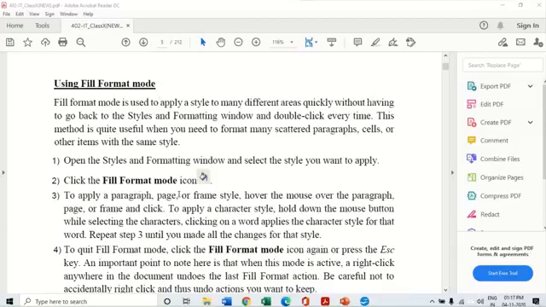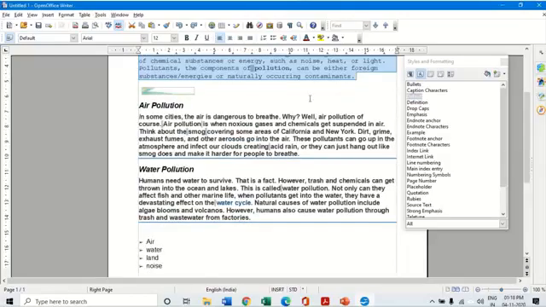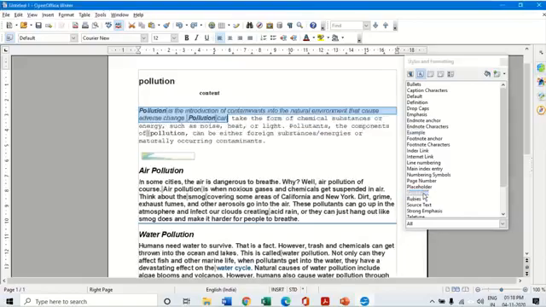Now here, to apply a paragraph style, you have to simply hover over this fill format mode, be in the fill format mode, and you can copy the same format across to different parts of your text. Now let us see how to do that here. Here I have got a paragraph. We had already done some formatting in the paragraph style here. Now here I selected this paragraph, and some part of this paragraph I have made it, let's take, quotation. Okay, now this particular format I want to copy to only some parts of the entire paragraph.